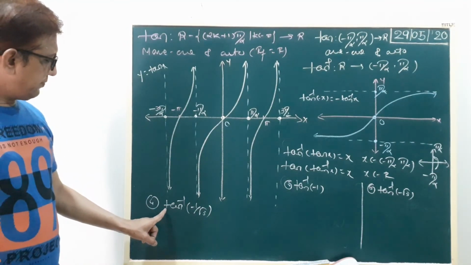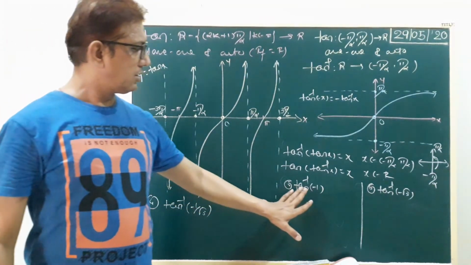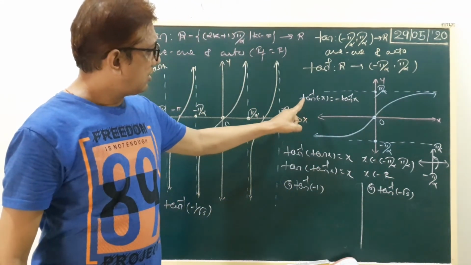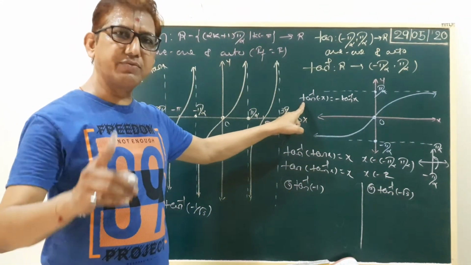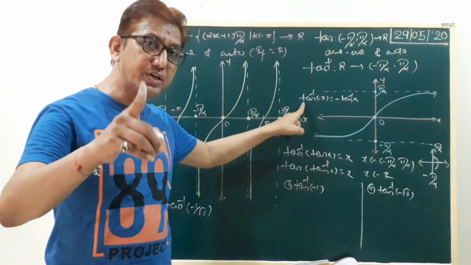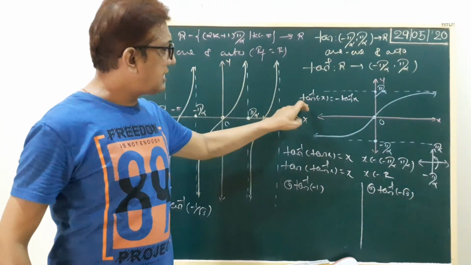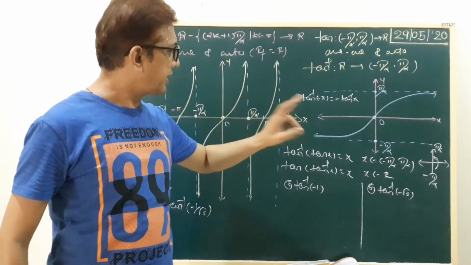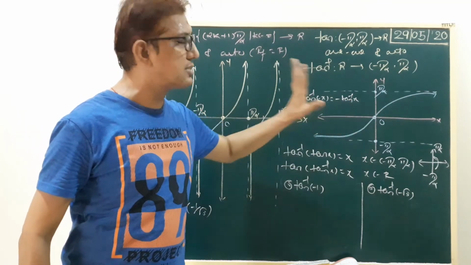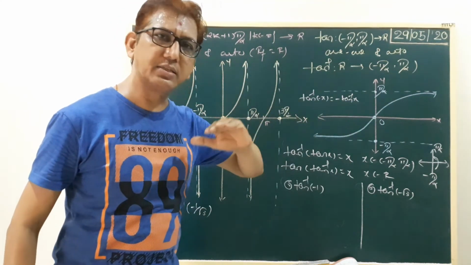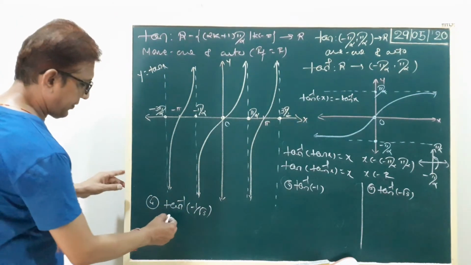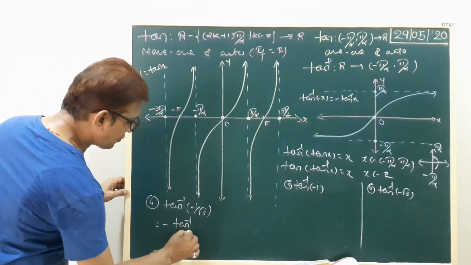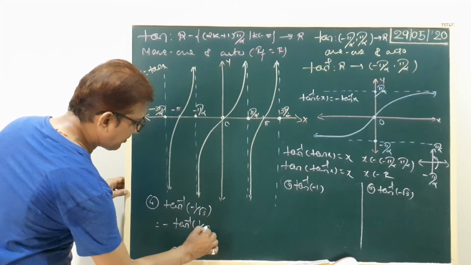Now the next three sums: tan inverse minus 1 by root 3, minus 1 and minus root 3. Okay, but first among the functions we discussed the sine function. Sine is an odd function, right? Tan is also an odd function. So the same rule applies to the inverse function. Tan inverse minus x equals minus tan inverse x. The minus goes outside the function. Look here. Tan inverse minus 1 by root 3. So the minus sign is common, then tan inverse 1 by root 3.